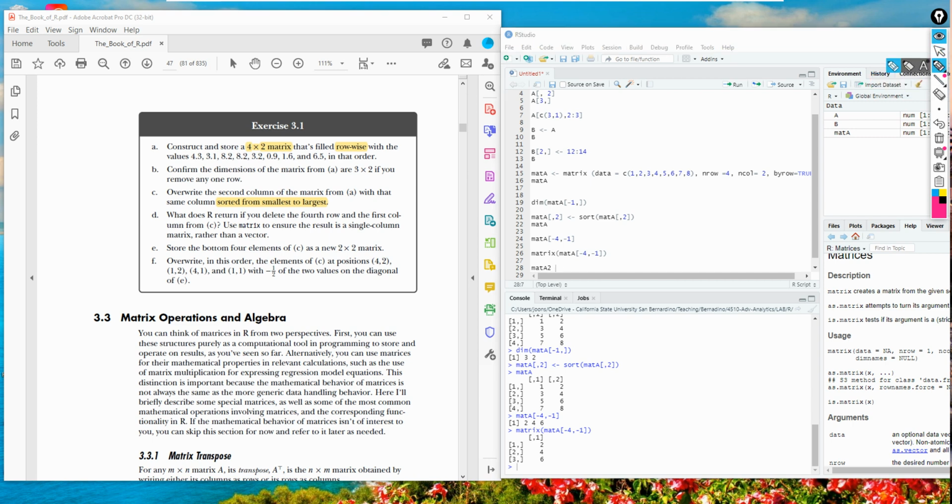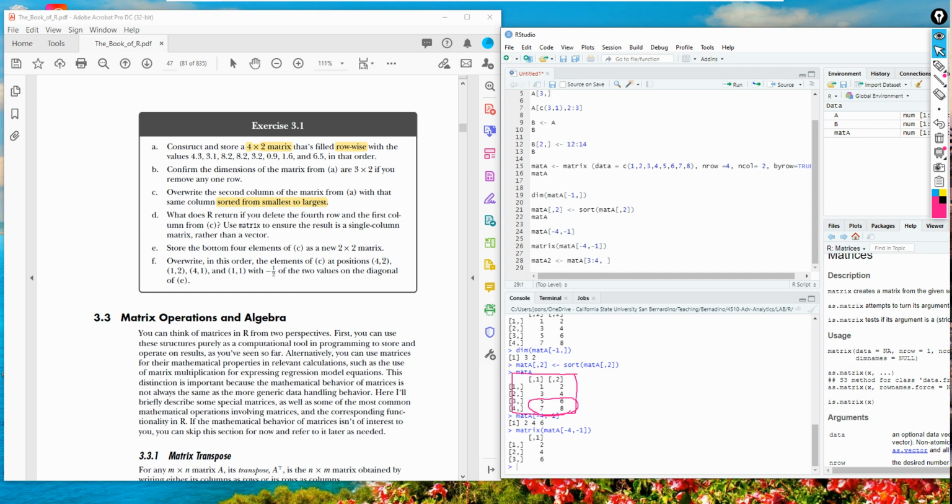Let's see. When you look at C, store the bottom 4 elements. So basically the bottom 4 elements are this part. To do that, it's mat A, the third and fourth row, and every column.